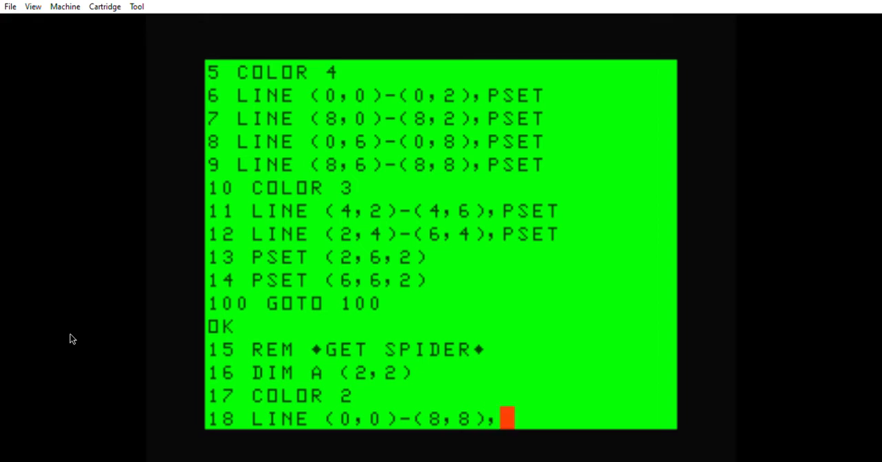We're going to p-set that. However, we're going to do comma B. What comma B does is, instead of making a line from, this would actually be a perfect diagonal line from this point to this point, you use the